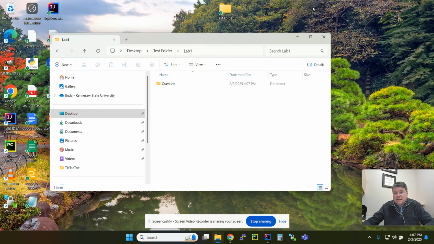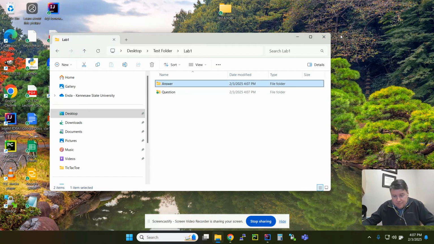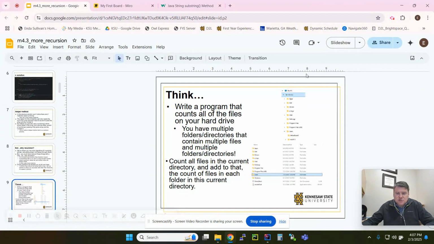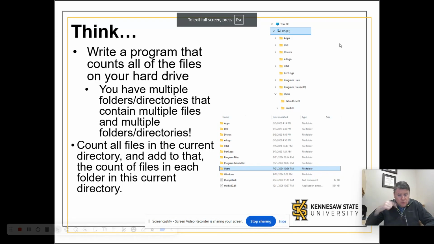And I could do the same thing in each one of my other folders as well. Okay, so you're hopefully familiar with the idea of folders. The question is, if I asked you to write a program that could go through all of your folders on your machine and count how many items you have, how would you go about doing that? And the answer to that question is, well, it's quite simple to explain, but it's actually a whole lot of